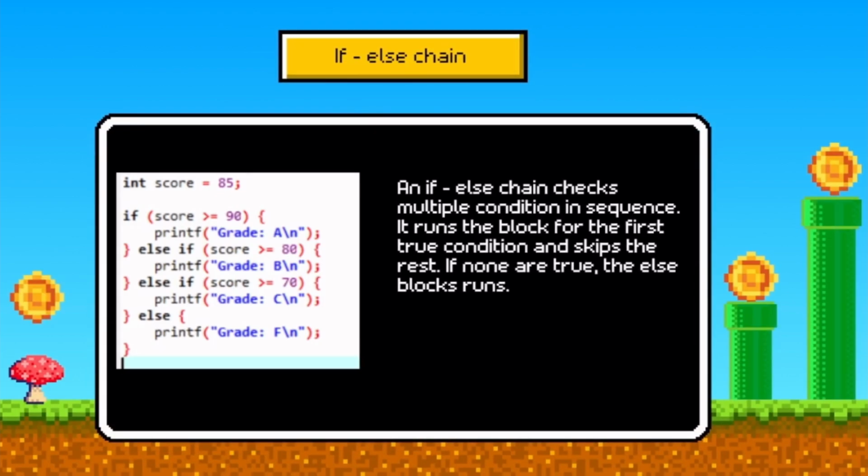So next, this is an example of an if-else chain. There will be multiple if-else in the statement. As you can see, an if-else chain checks multiple conditions in sequence. It runs the block for the first true condition and skips the rest. If none are true, the else block runs. So next